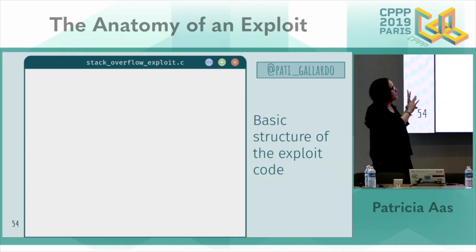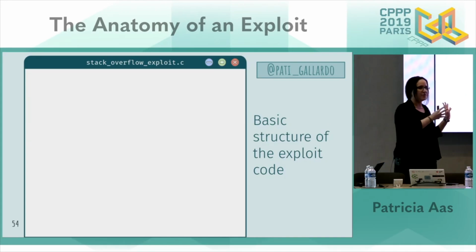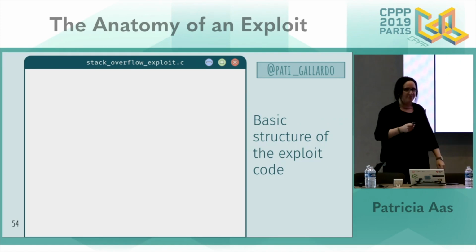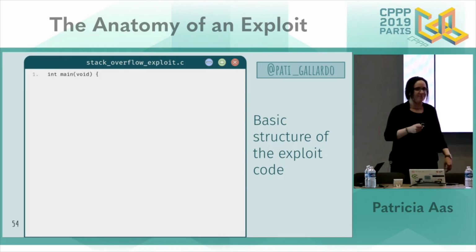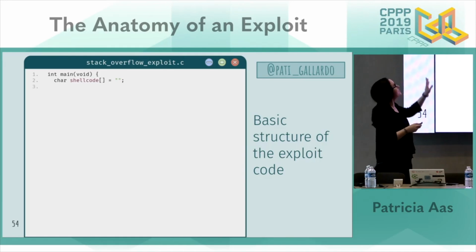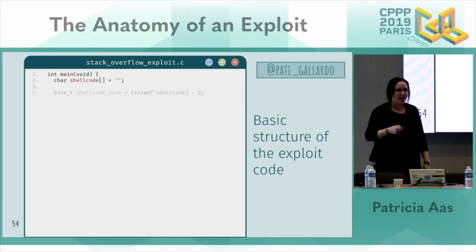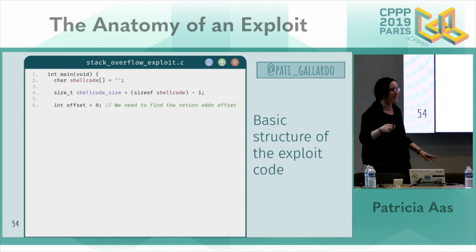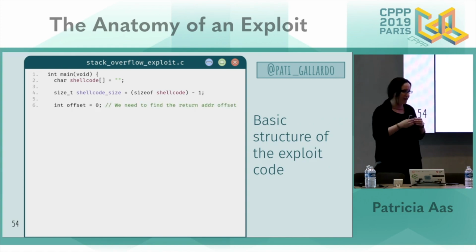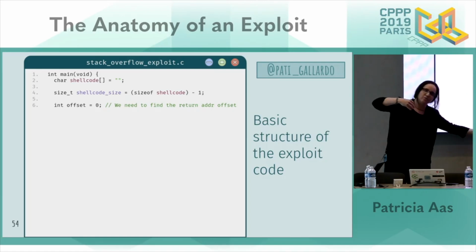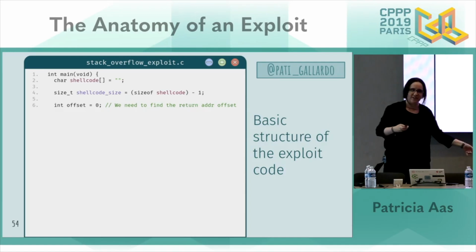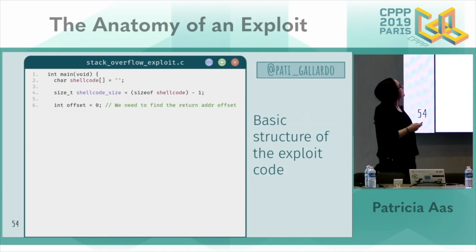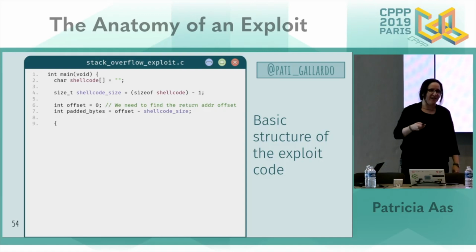Okay, so this is going to be the framework for several of our exploits, so we're just going to go through it. It's C again. In the beginning, we put the shellcode in this string up there. Then we take out the size. And then we need some kind of offset. This offset is how far into the buffer we have to write the return address, so that when we overflow, we hit the return address on the stack. So we need to figure out how far that is. And then we have the padding in between.